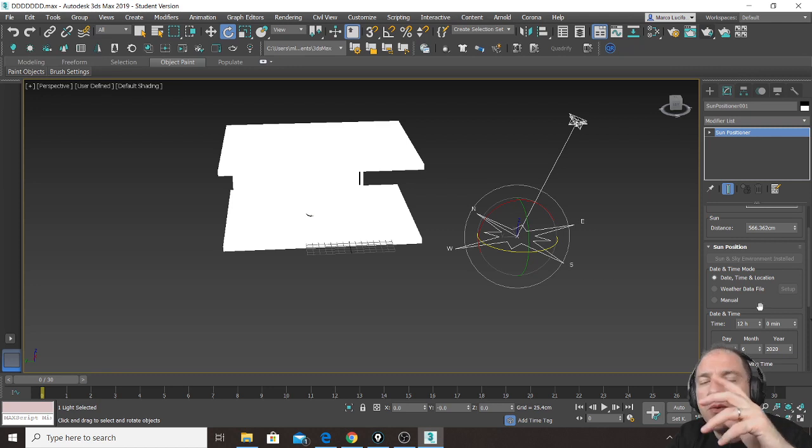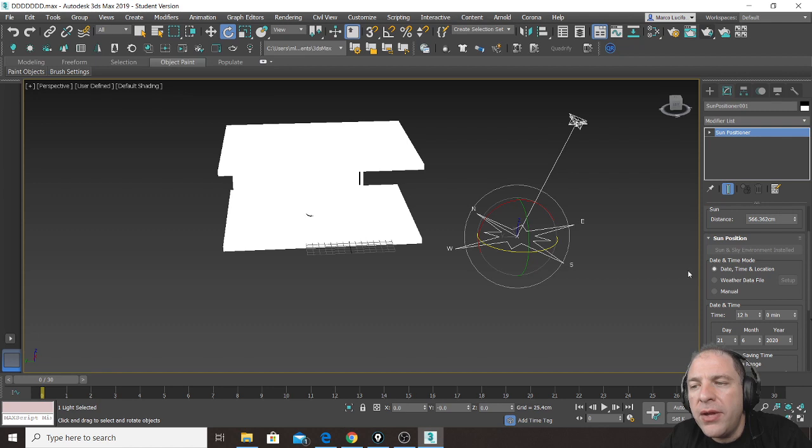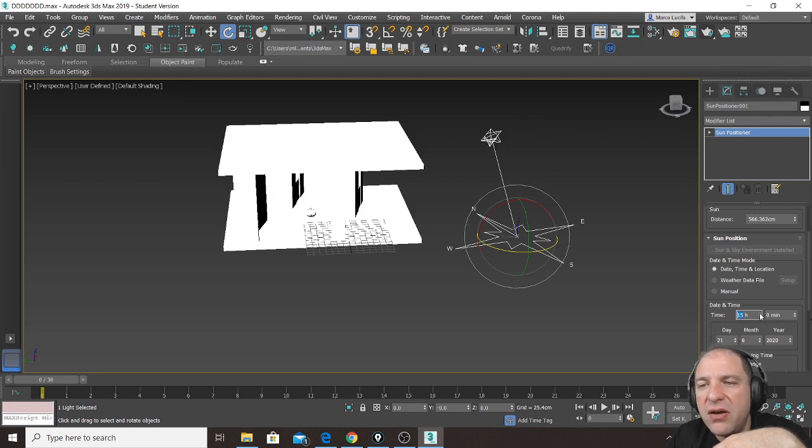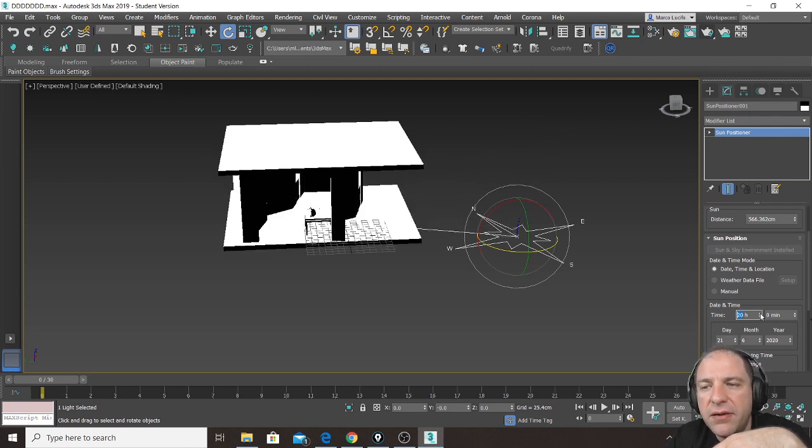The only real thing that you can change when you manage the sunlight is the date, time, and location. So if you want to change the intensity, the color, the angle of light, you can only adjust the time, so the hour of the day,